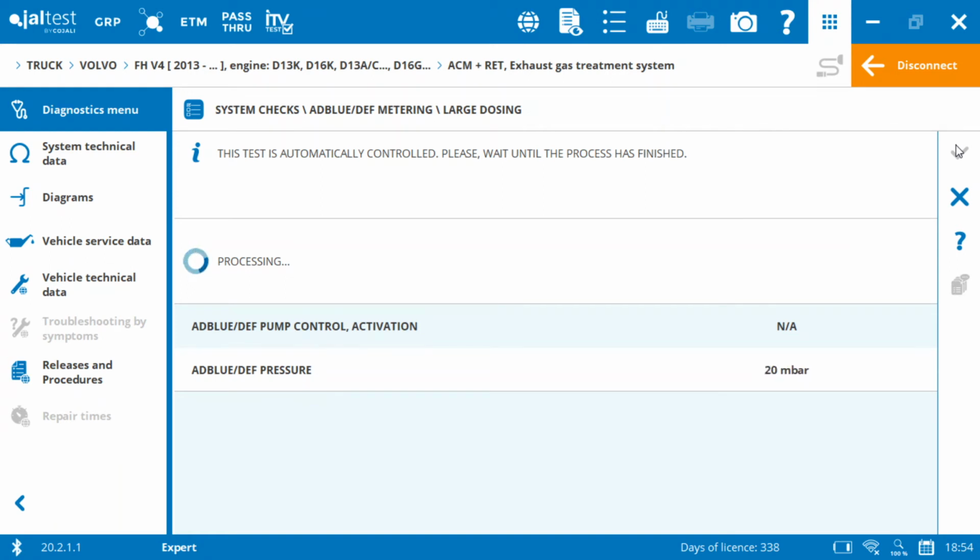There may be blockages in the injector's inlet and outlet, and because of that, urea can be solidified. When the actuation stops, check the amount of AdBlue in the container and compare it with the Jaltest info. If the value is correct, click on the check icon to confirm that the test is successfully finished.